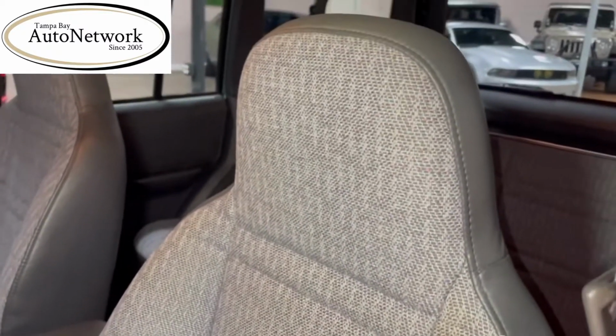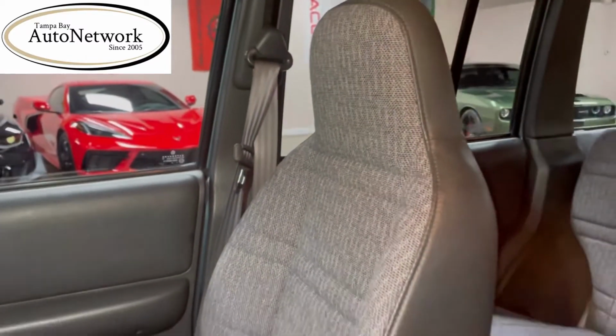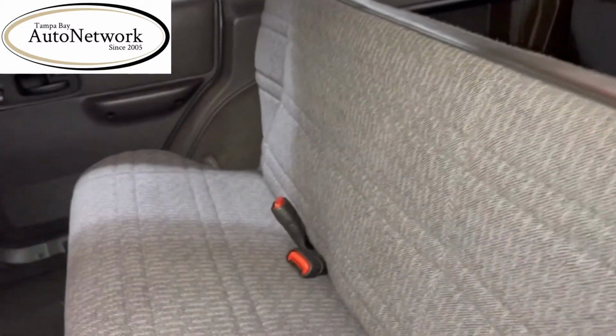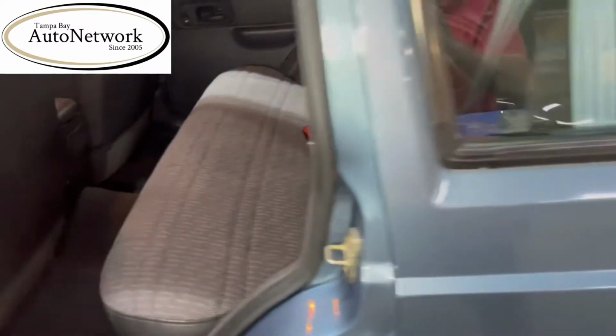Interior-wise, this thing is amazing. It's almost like a time machine for being a 23-year-old vehicle. There's no stains. There's no rips or tears. Back seat looks practically new, like no one ever sat in it. Right back here, the cargo area,